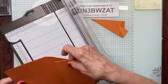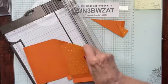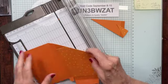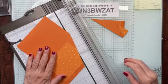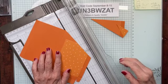Wait a minute, is that right? That's not right. No, that's not right. What happened here? We had this going last night. Maybe I need to go from...